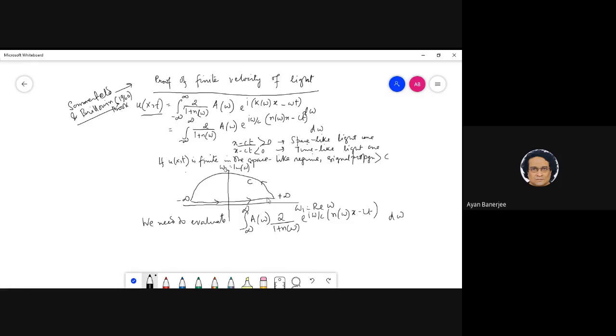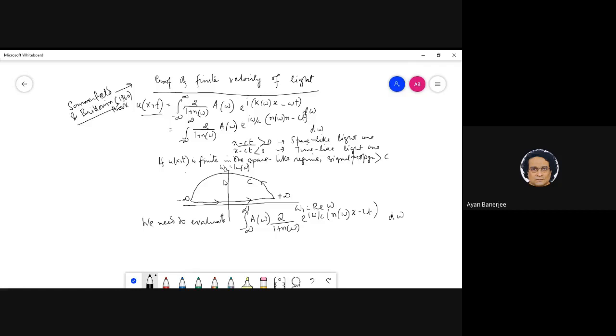What is the reason, Bishwajit? That we will write that omega as omega 1 plus i omega 2, right? When you prove that the integral goes to zero, omega 2 has to be greater than zero. Here omega 2 is greater than zero, and here, very clear, omega 1 is greater than zero. It is some kind of a thing, but when we do the proof, you will understand.